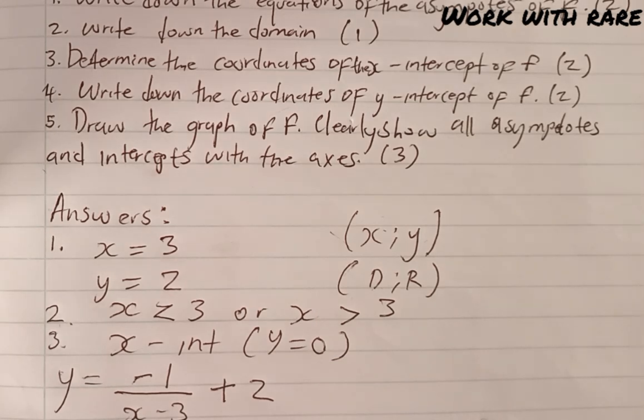So number 5, it says draw the graph of f, clearly show all asymptotes and intercepts with the axis, still marks. So the last one is your homework. Do it